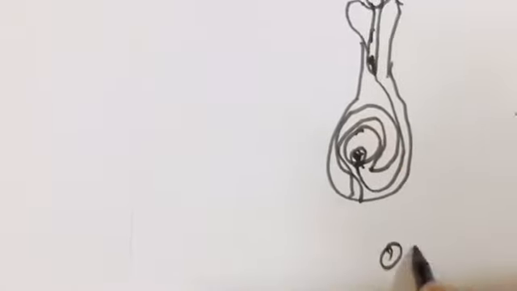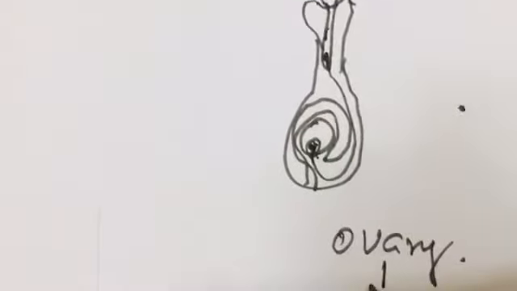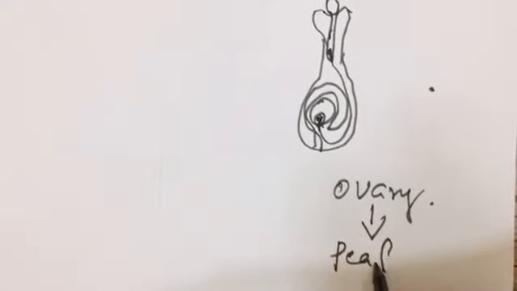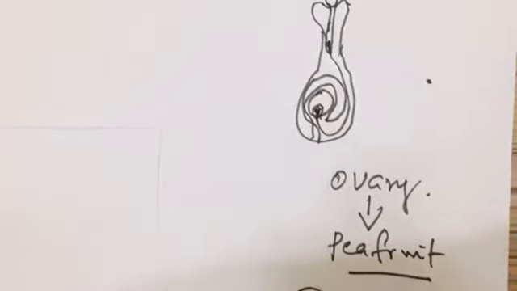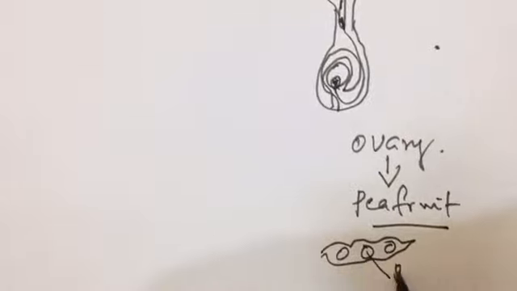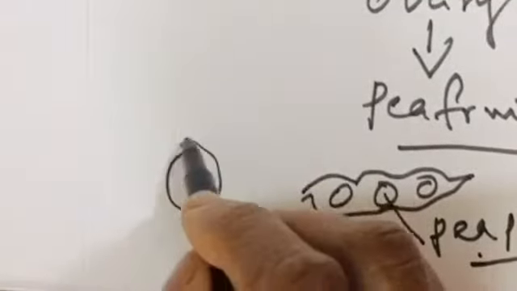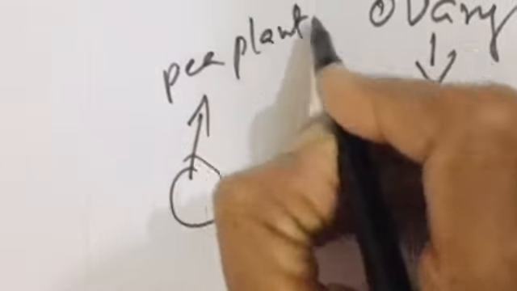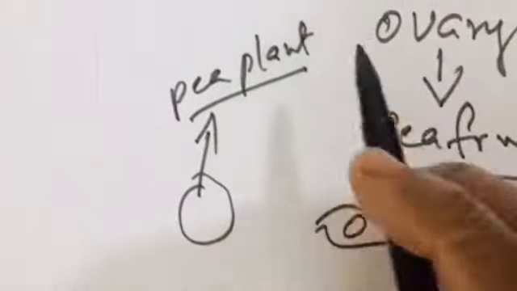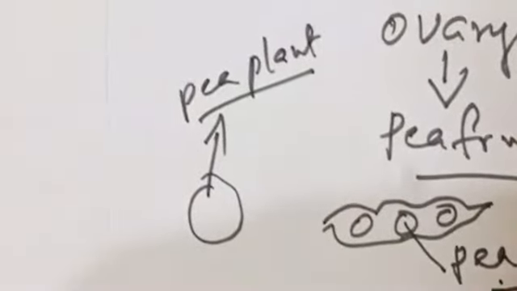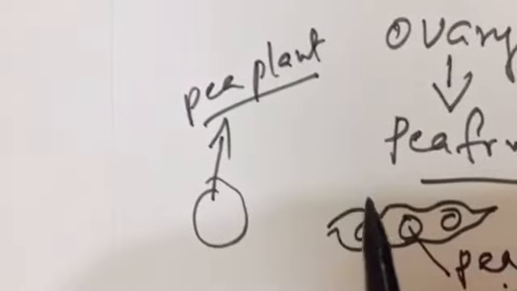Now what would happen to this ovary of the flower? You know it already. The ovary of the pea flower now changes into the pea fruit. You know that pea is a vegetable, and the pea fruit has the, what do you call this? Pea seeds, isn't it? These pea seeds will germinate in the soil and give rise to a pea plant, a sapling. Now this pea plant will grow into a matured pea plant. Then only he will be able to notice one character, that is the height of the plant.